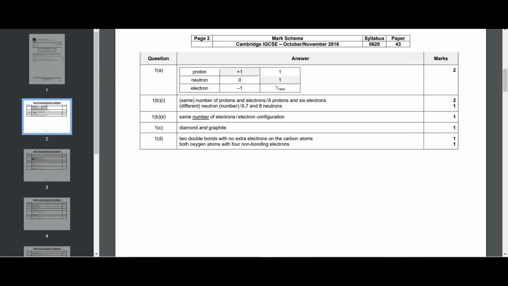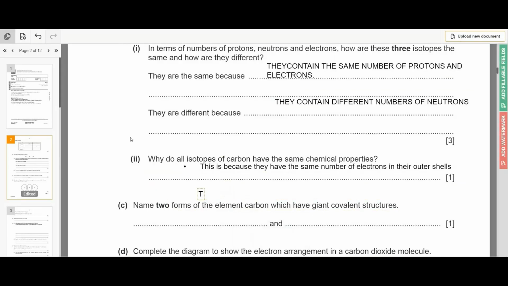So we can simply write in this part of the question: diamond and graphite. These are the two forms of the same element carbon which have giant covalent structures. These are the two different forms we are mainly looking for. So we can write here: diamond and graphite. One minute, guys. Yeah. Perfect. Moving on